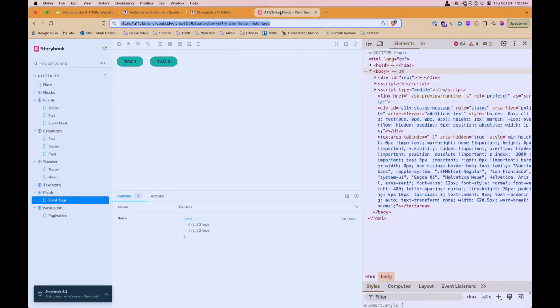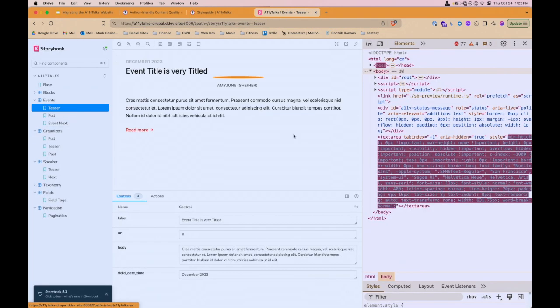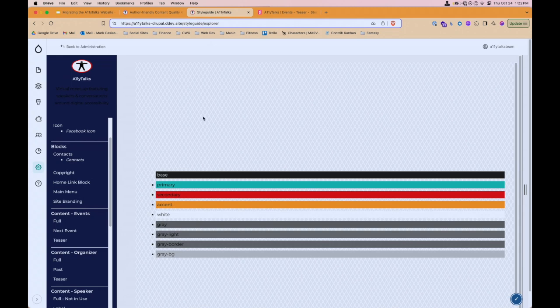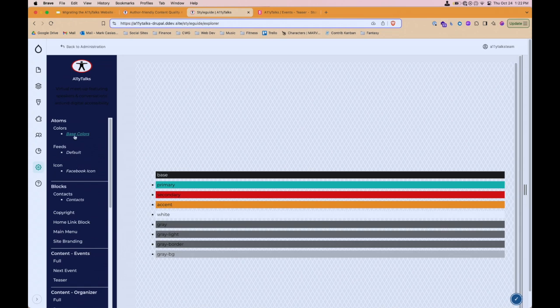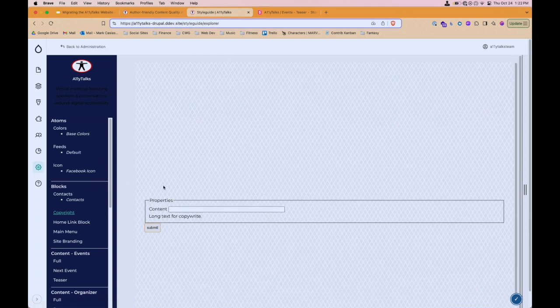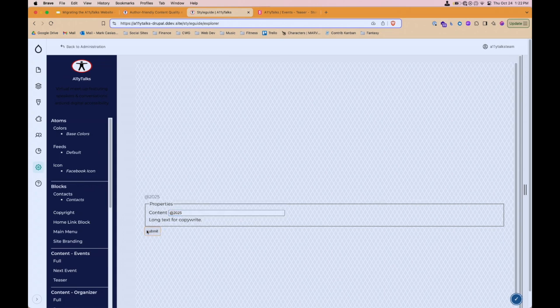The good thing about Storybook is Storybook actually takes your Drupal theme into consideration, the whole thing, while this one has its own little base CSS thing going on, which is another thing that needs to be addressed. But you can actually add these little demos. First off, this will give you the properties, so you can say, hey, we're at 2024, and then submit it, and then it actually shows you the thing.